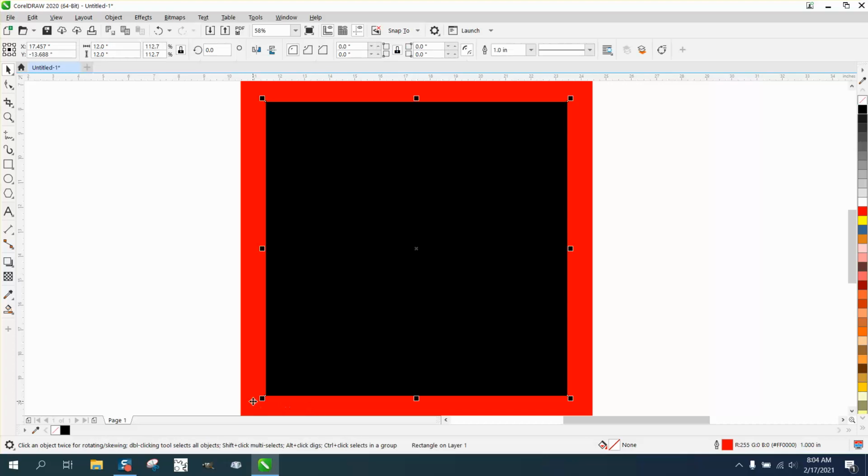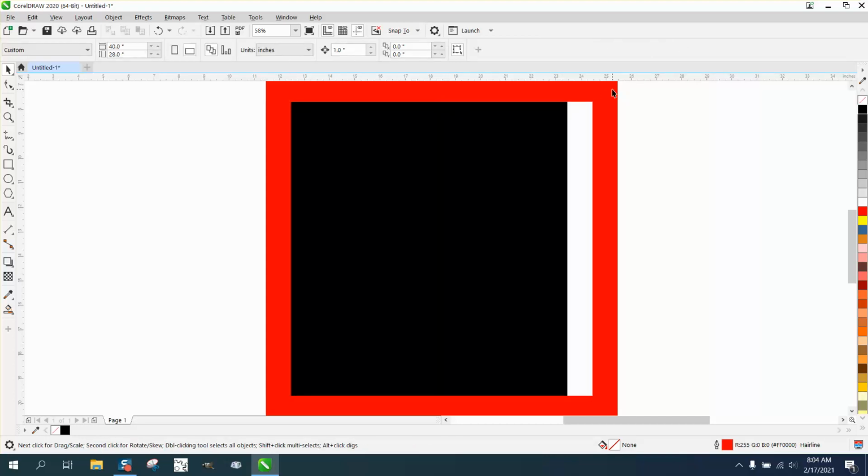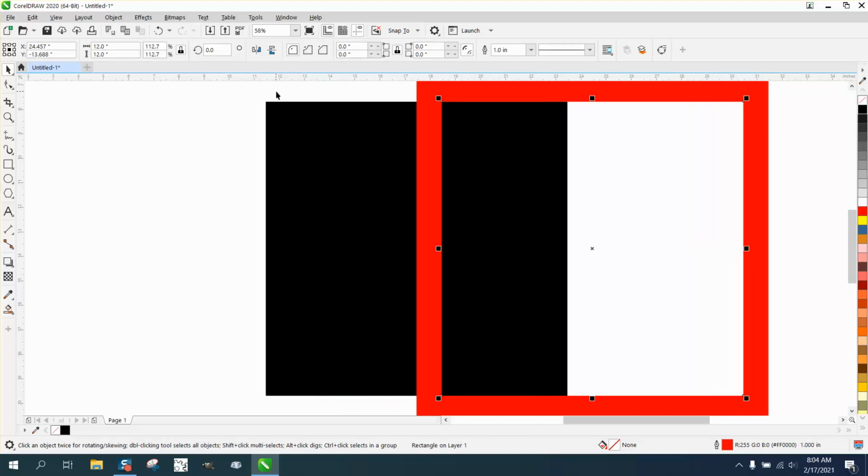if I can select it, I can move it over, and now you see that the fill is 1 inch. Our box is still... I'm having a little trouble selecting it. Tell you what, let me move that out of the way. Our box is still 12 by 12, and our fill is still 12 by 12, but the box is on